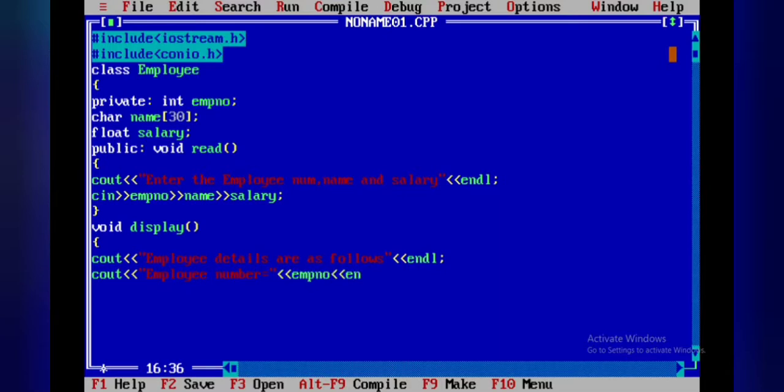Then cout employee name, where it is stored, it's stored in name.